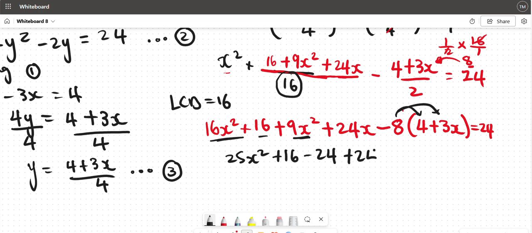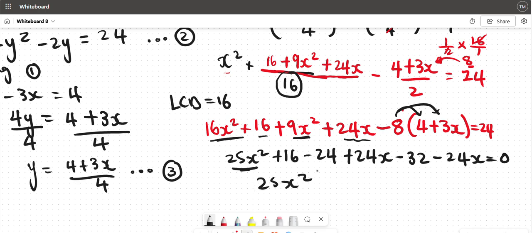We still have this 24x that comes from here, and this negative 8 is going to distribute, giving me a negative 32, negative 24x, all equal to 0. I keep this, doesn't have a like term. The 24 and this guy are both going to cancel, giving me just 0. And then 16 minus 24 minus 32 would give me,